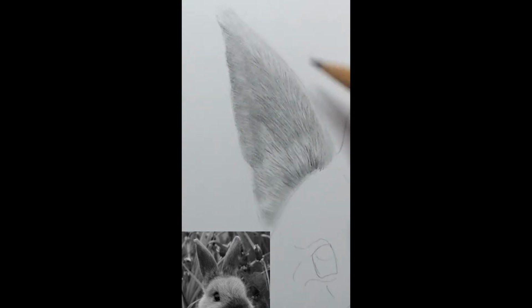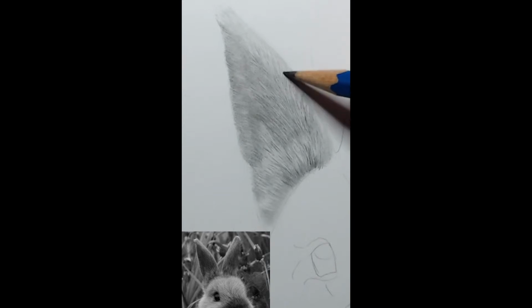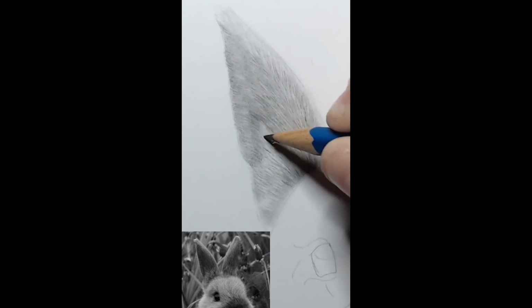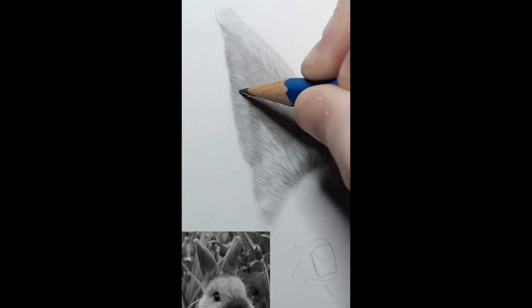And there we have a first ear. We'll move straight on to the second ear now. Just gonna, just this little area here, is that just a little bit darker where that,